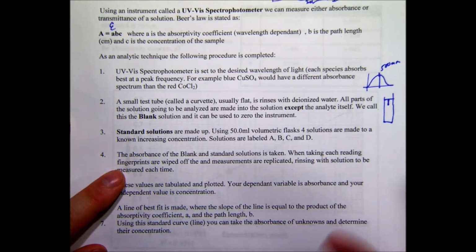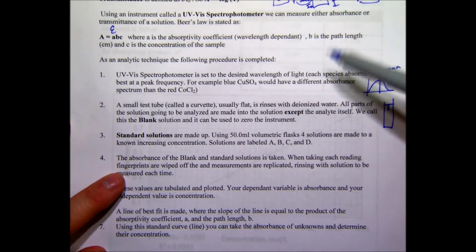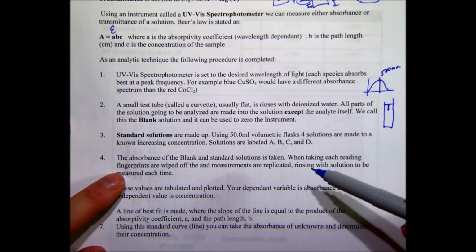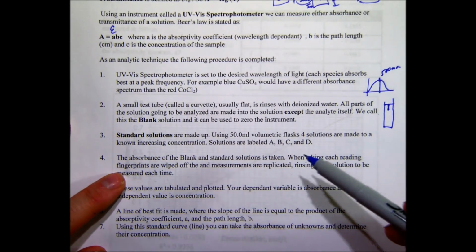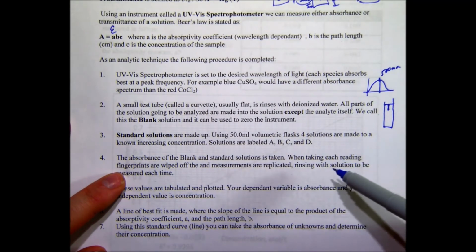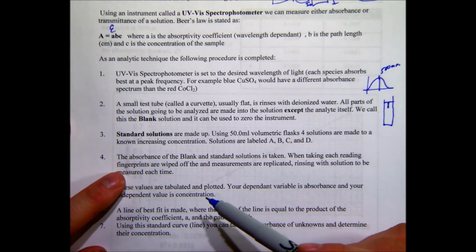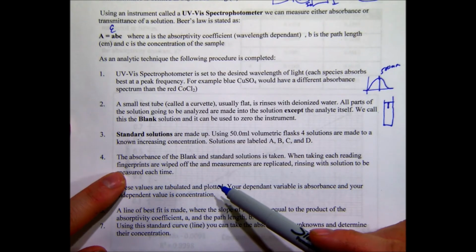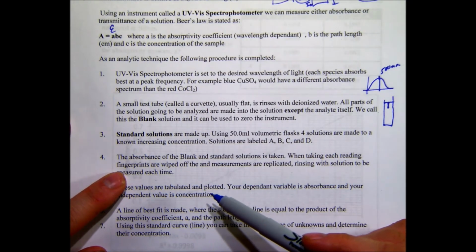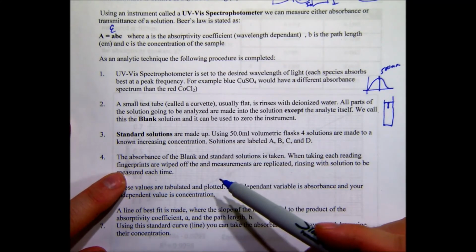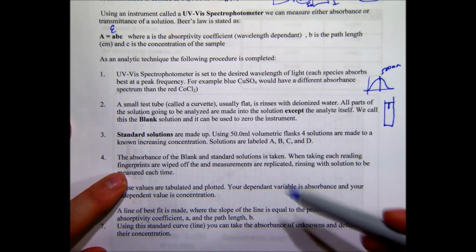So we take the blank, we put it into the machine, we measure the transmittance, or the I over I0, as a reading of absorbance, and we then increase the concentration until we get to the most concentrated. Some instruments can have something called a memory effect, which if you measure the more concentrated one first, you could have problems, as well as in between each time where you rinse out the cuvette multiple times to make sure